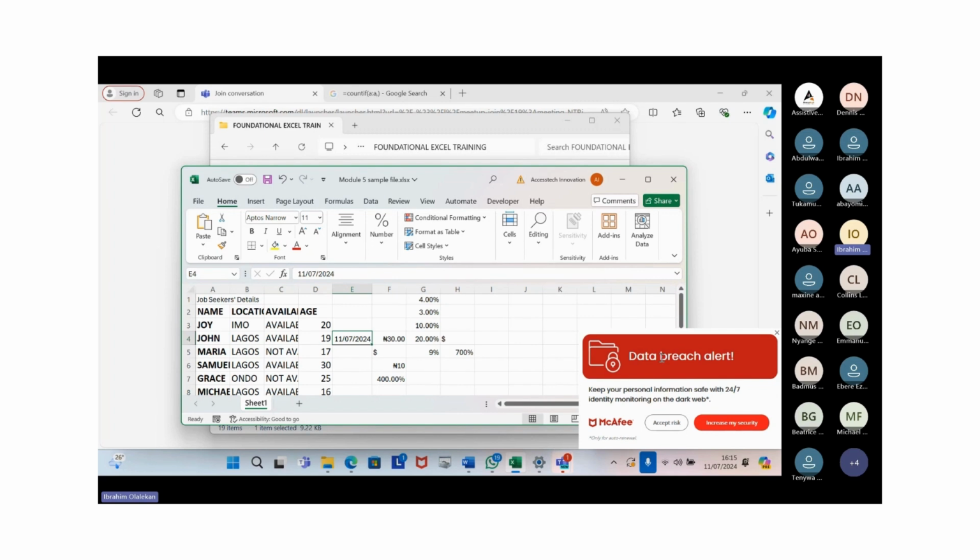Every system has its own default time and date format. Is it month first, followed by day, then followed by year? Or is it day first, followed by month, and followed by year? Or year first, month, day? So in order to avoid that problem,